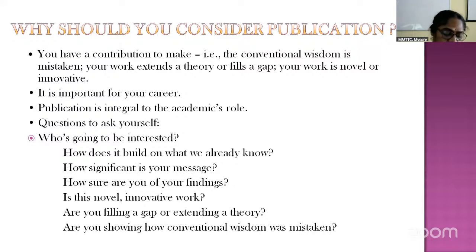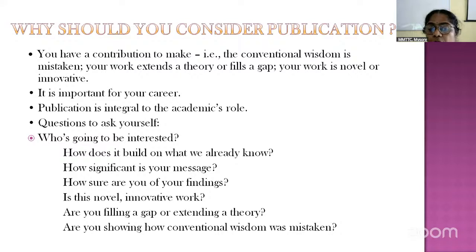The process of patenting inventions may be complex. Academic researchers' primary goal is getting their work published. Of course, we are all academicians. We must see that our work is published. Academic work is published in scientific journals, and researchers often face challenges understanding the interplay between publishing and patenting. As I told, publication is very important for your career. Publication is an integral part of the academic's role.